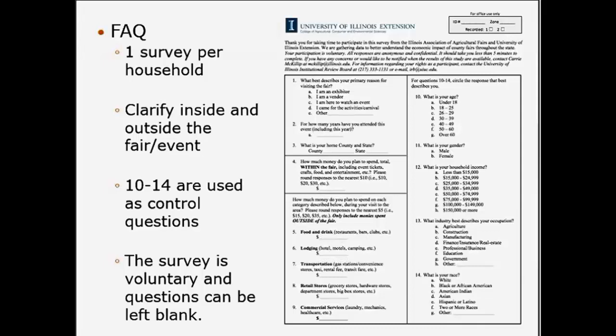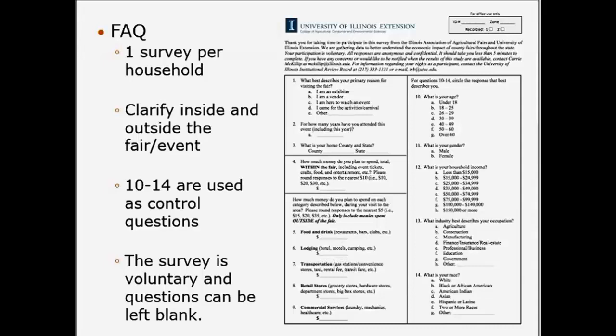Pretty straightforward questions. Again, 1 page. And one thing to point out right now, if you can see the survey in the top right-hand corner, like you might see in similar forms, there's a little grayed out box that says for office use only. You don't need to worry about that. They don't need to fill anything out up there. That's just simply for myself when it comes to recording these and making sure that I get everything in the right spot. So if you're asked, do I need to put anything here? Your answer is no.